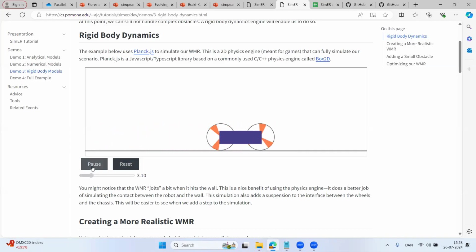So all of those are sort of given to us for free when we move away from doing our own custom numerical simulation to use something like a rigid body dynamics engine. We could do a fixed chassis. We could get rid of some of these and make it look more like what we had before. But it's kind of nice to have a little bit more realism in this case.